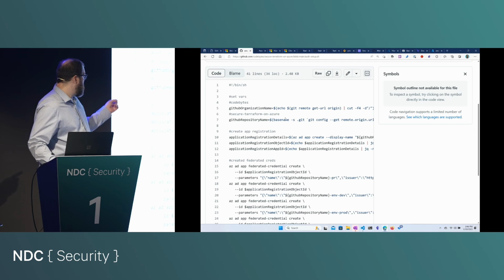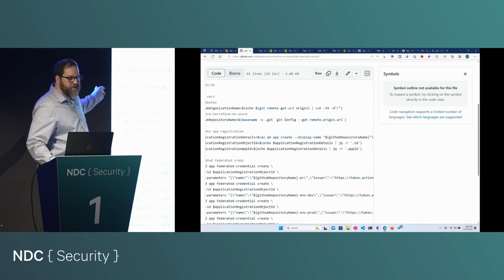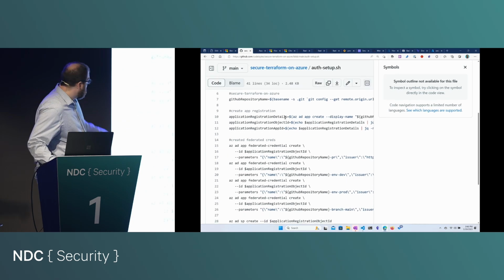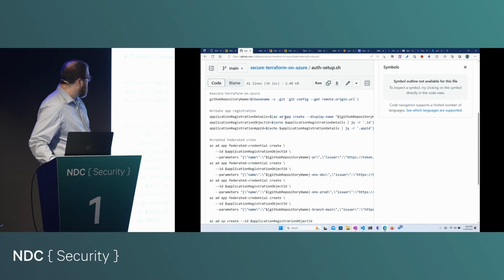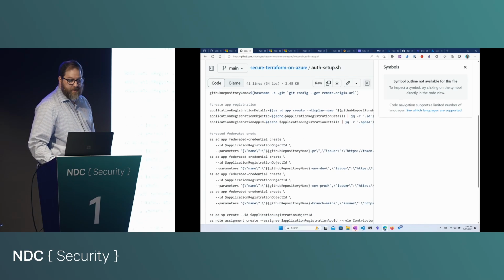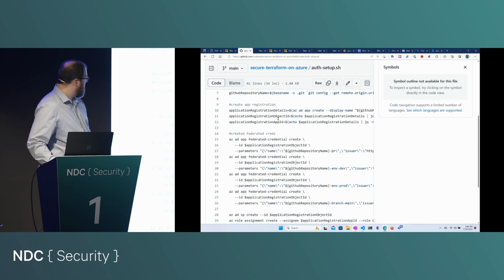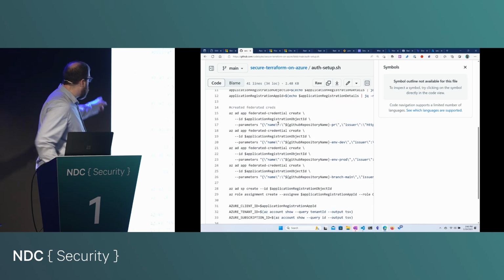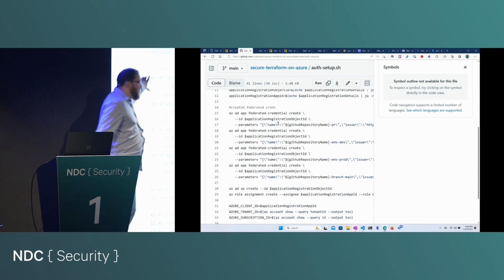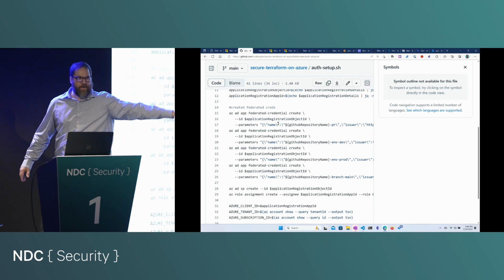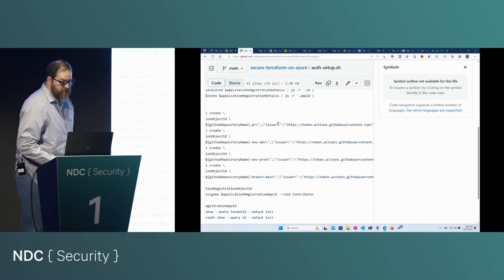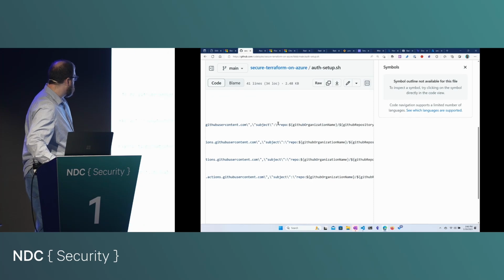It'll pull your repo name out of your current Git repo based on your remote URL. It'll do an app registration in Azure. It'll then pull the object ID and app registration and create the federated credential for you in Azure based on,